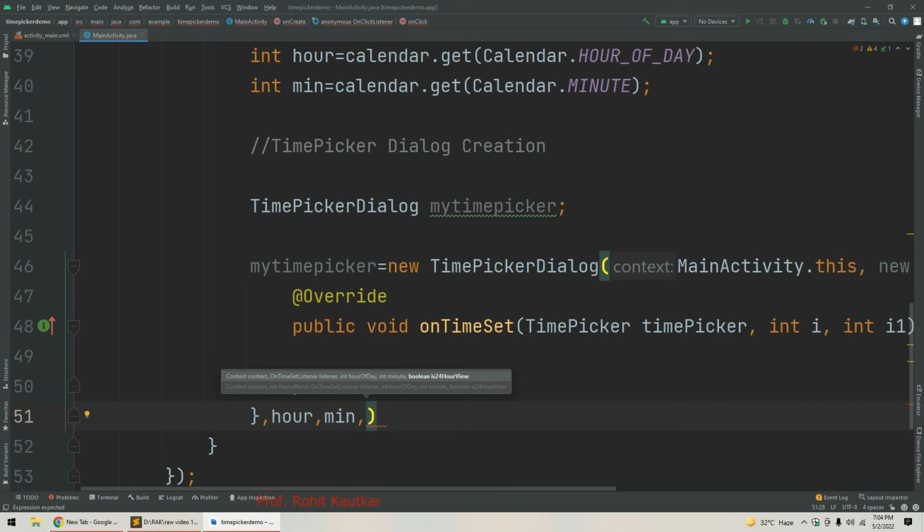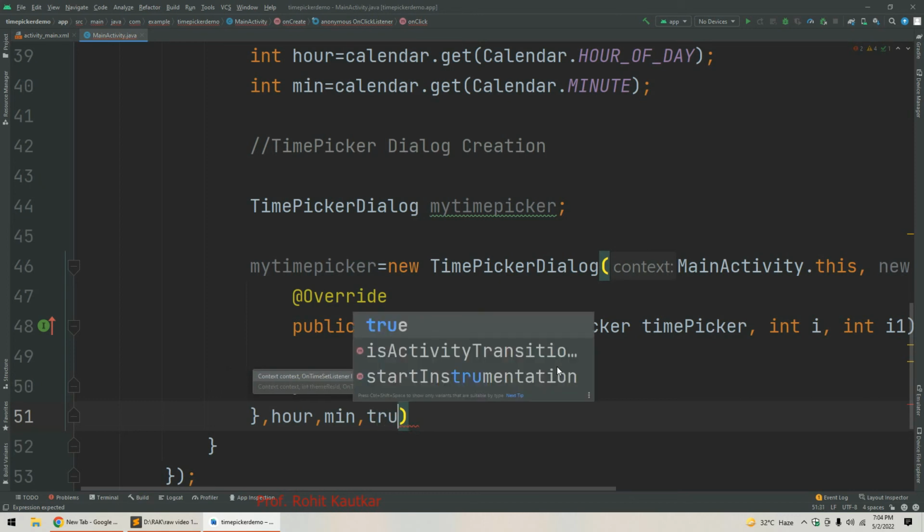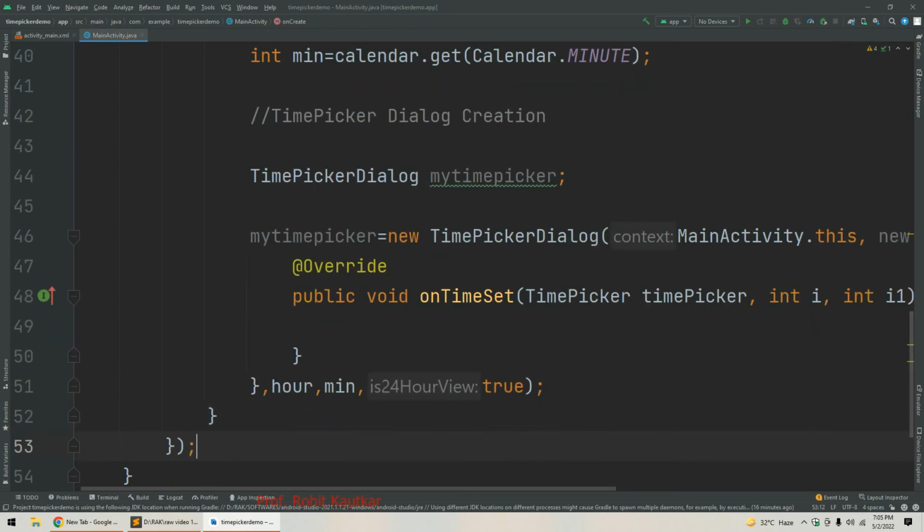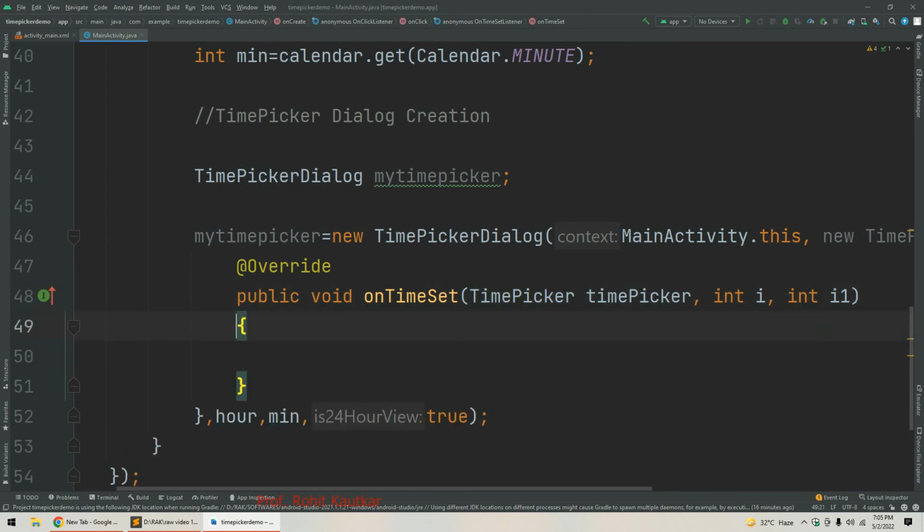Yes, we want to use it, so here we will specify true, and then we will specify a semicolon over here. So this is how we have specified the TimePicker dialog box, and now within this onTimeSet method we are going to